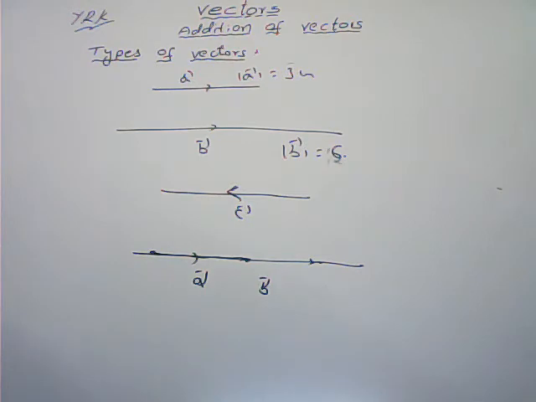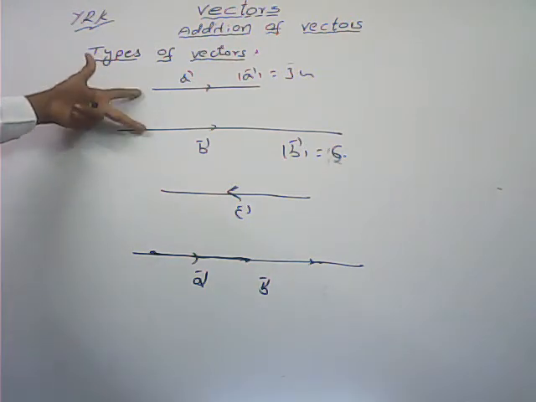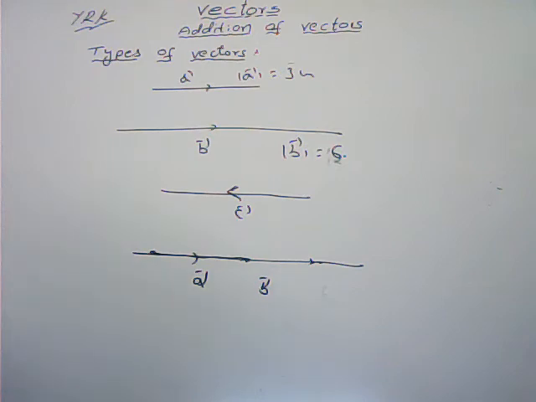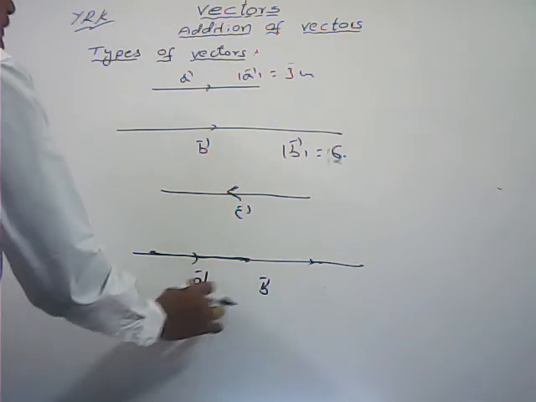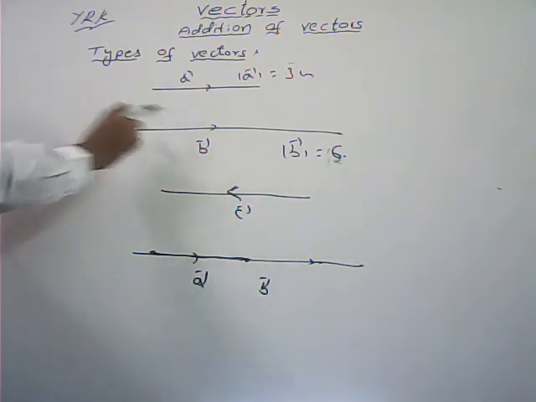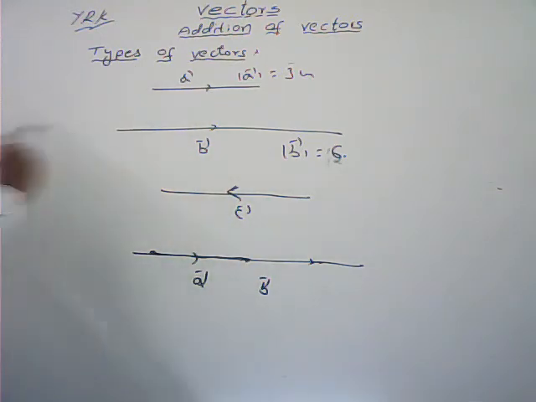See here we are using the free vectors. If they are parallel, we can say those are collinear also, if A bar coincides with B bar by shifting. Why? Because those are free vectors. By shifting A bar to the vector B bar, if it coincides with B bar, these two are said to be collinear. Now here we can say either parallel or collinear.